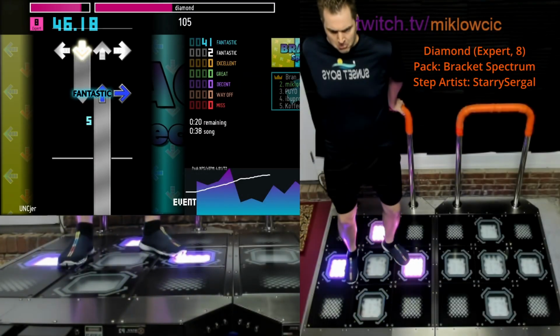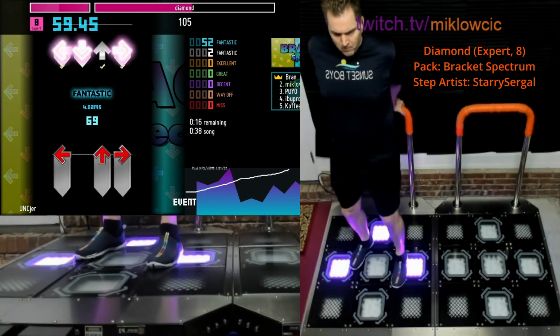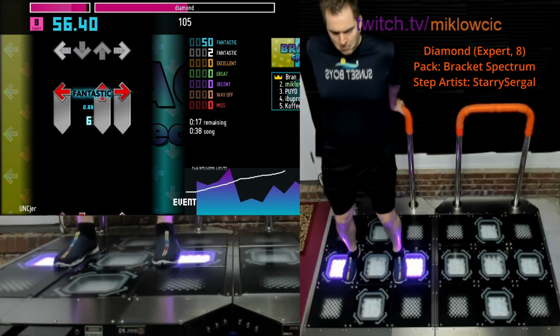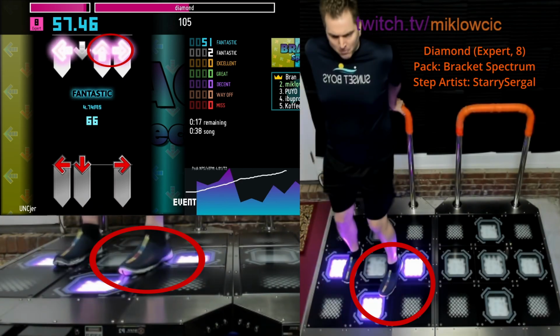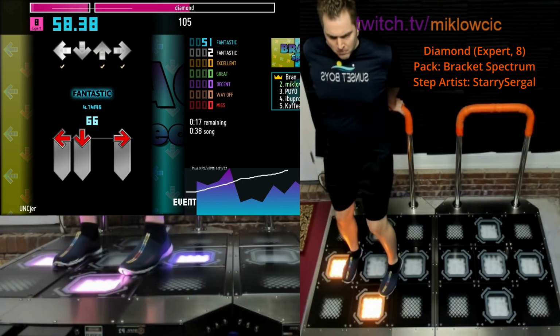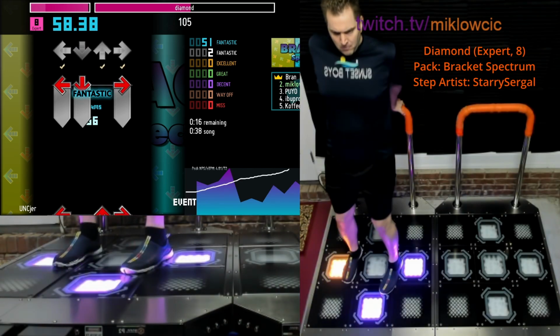The most obvious use case for bracket technique is when three or more panels need to be pressed at the same time. These are usually pretty easy to recognize, even when sight reading, but it can take some brain practice to be able to physically react to these patterns in time. The execution here is simple. Jump and land with your toe and heel of one foot on two separate panels to press them at the